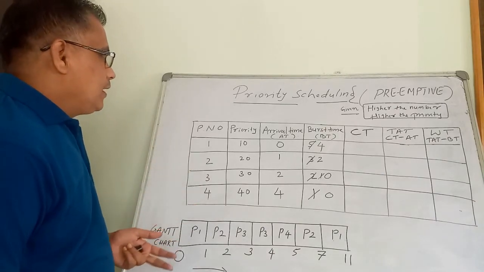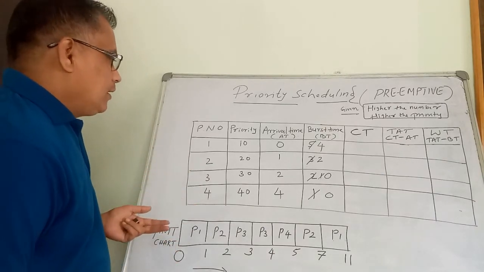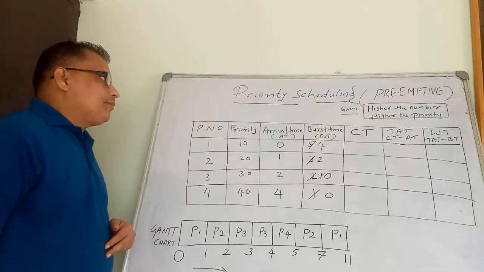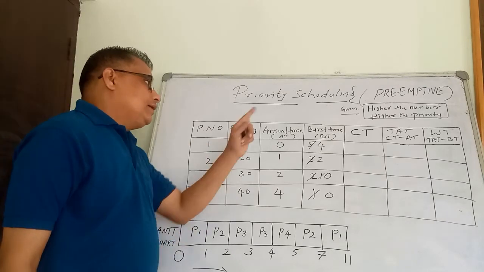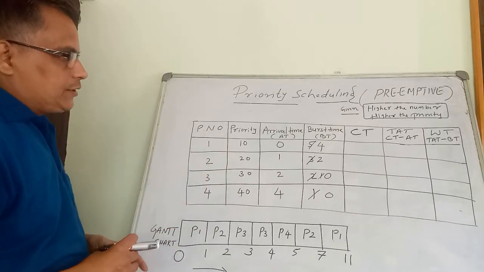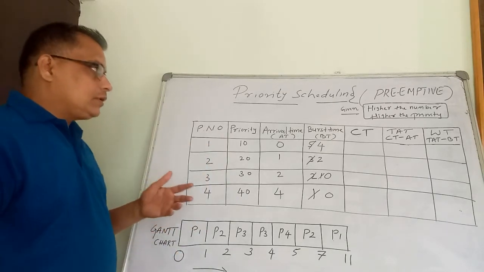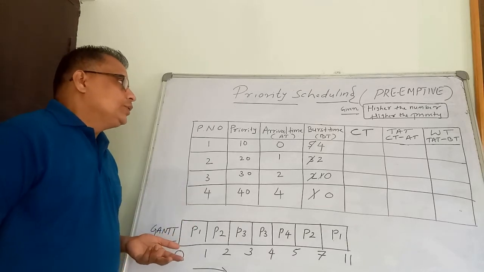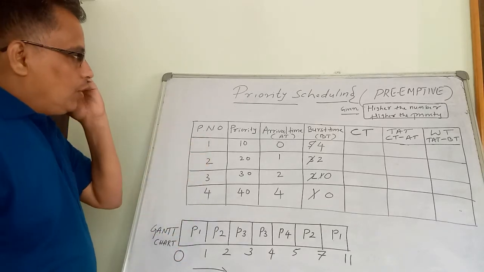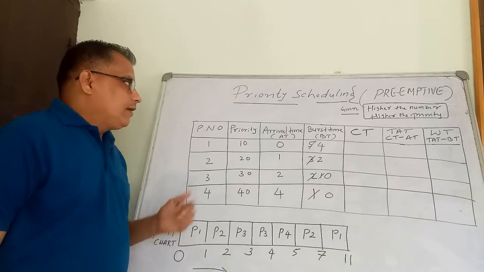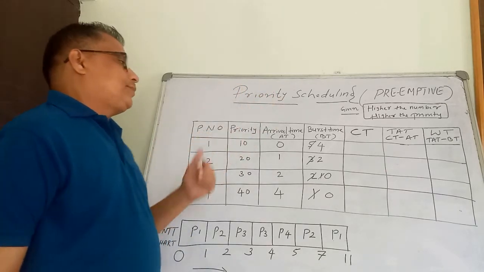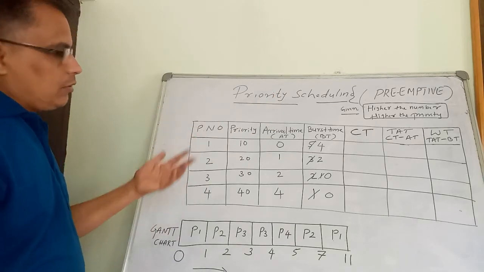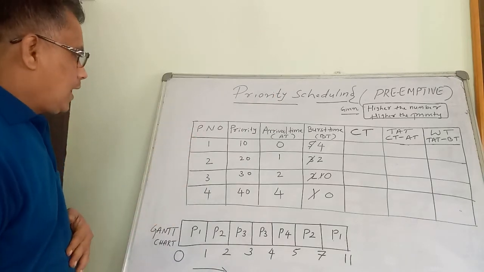processes related with priority scheduling, and the condition is preemptive, and also in the given data we considered here, higher the number, higher the priority, my dear students. In the question they may also ask you to solve this problem when they give lower the number, higher the priority. It all depends on what kind of questions they are going to ask.